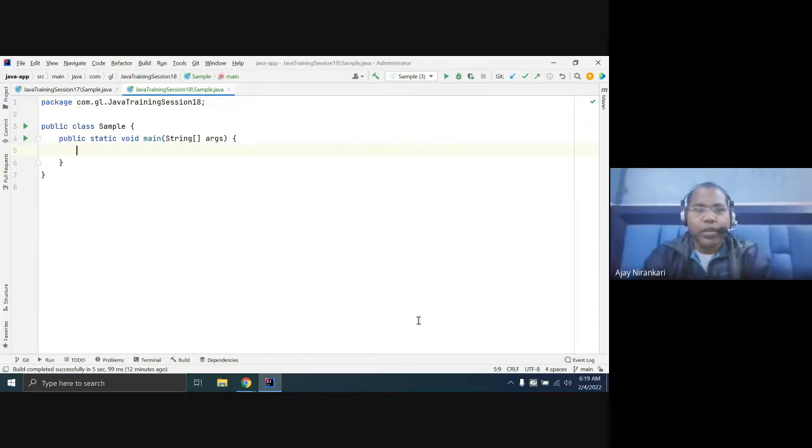Okay. So today we are going to solve one problem: find the occurrence of each character in a given string.